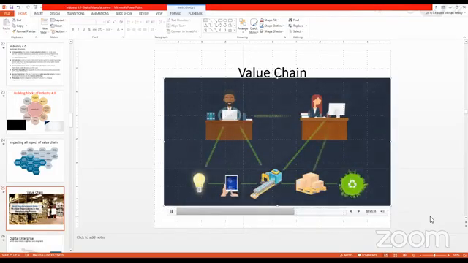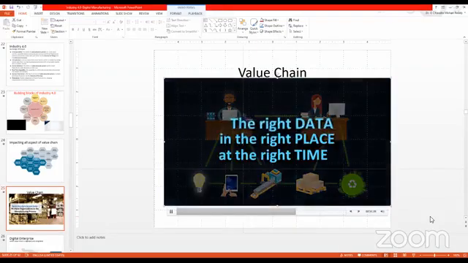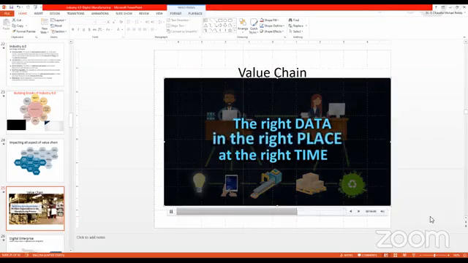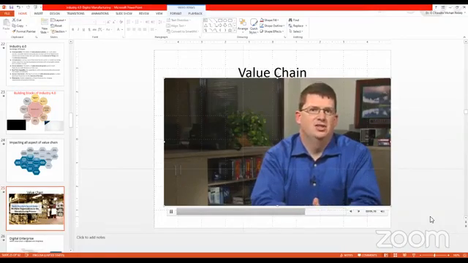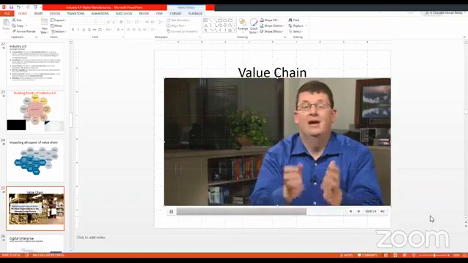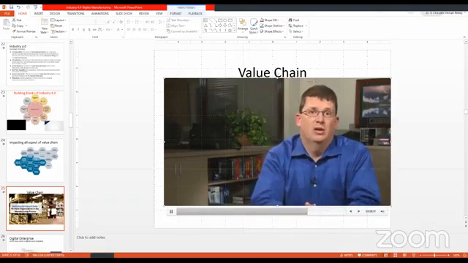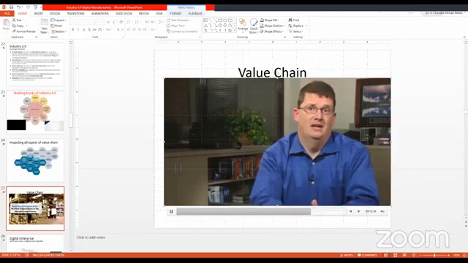A way to think about the impact of the digital manufacturing paradigm is the right data in the right place at the right time, enabling quick and correct decision making. This focus on the timeliness of data reduces the impacts of a change that can lag in time and grow in scale as it propagates through the system. Sometimes this is known as the bullwhip effect. An example of this is how